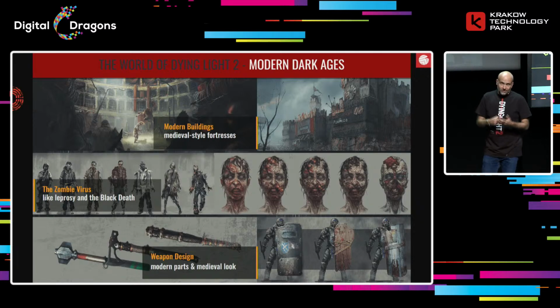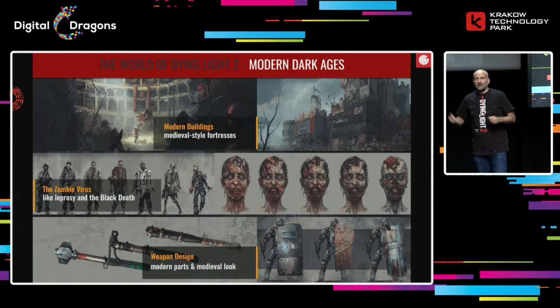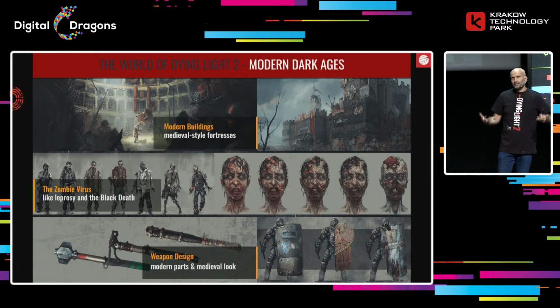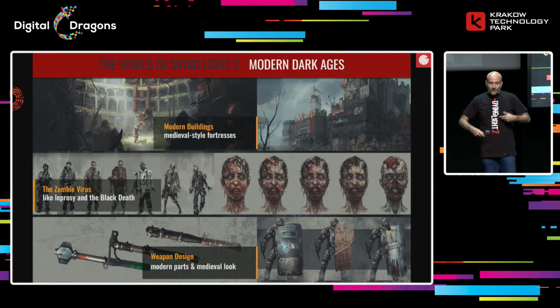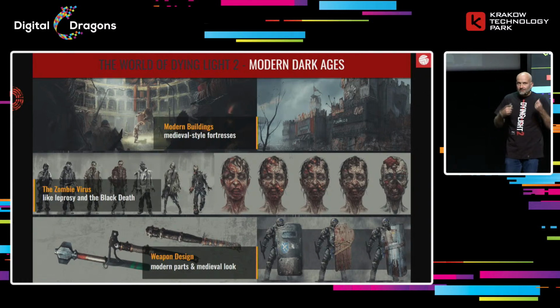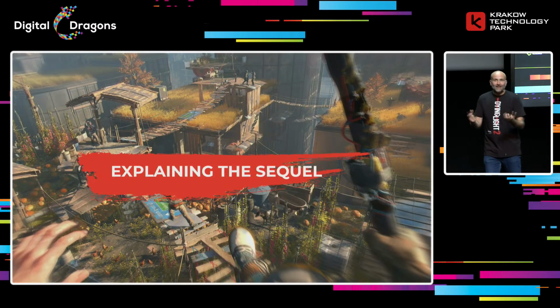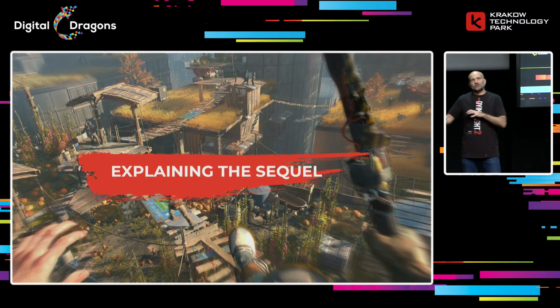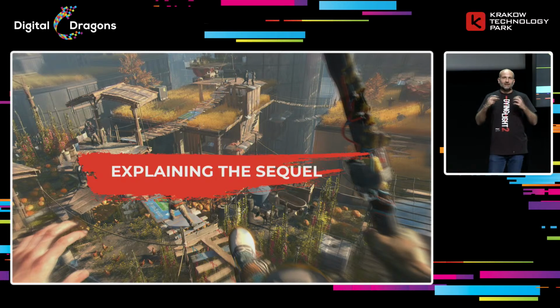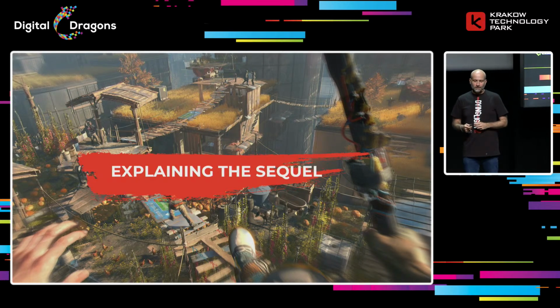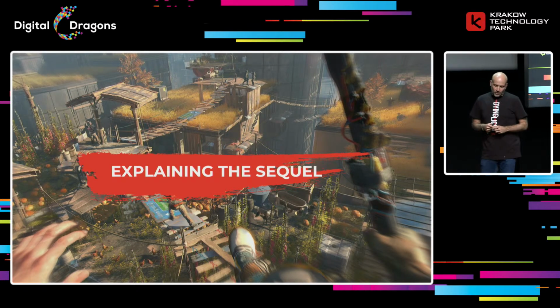With weapons, it was actually very simple because our weapons are medieval by design, almost by themselves. Those are melee weapons. But because they were made from modern materials, they started looking unique, more interesting. So those were the decisions that we made to define what Dying Light 2 Stay Human should be.